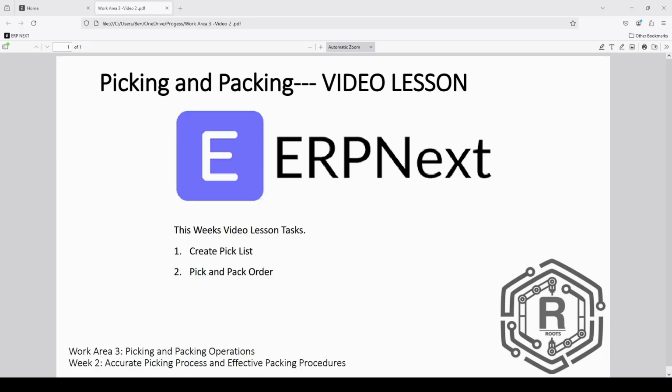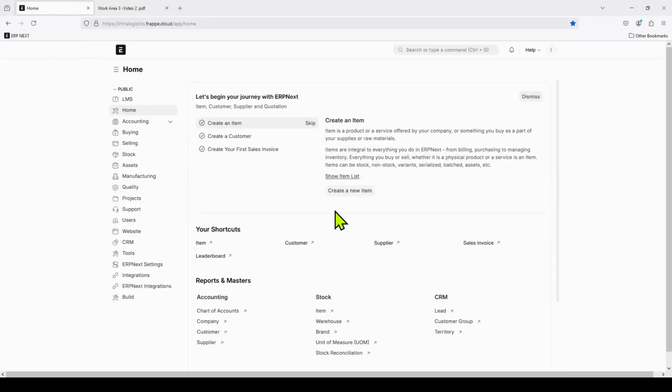Work area 3, week 2. This week we're going to create a pick list and pick and actually pack the order into boxes. You already learned a little about packing techniques and ways to pack boxes, but here we go into